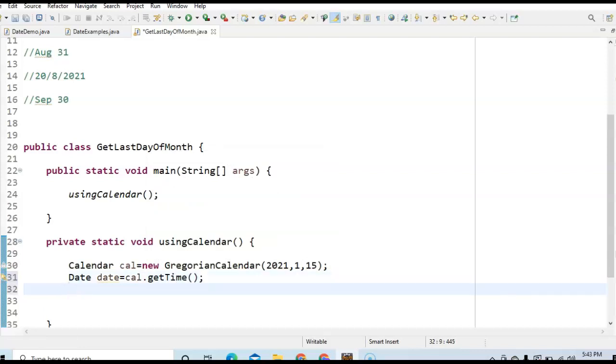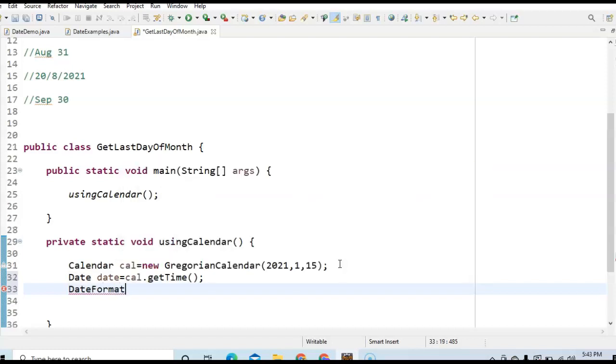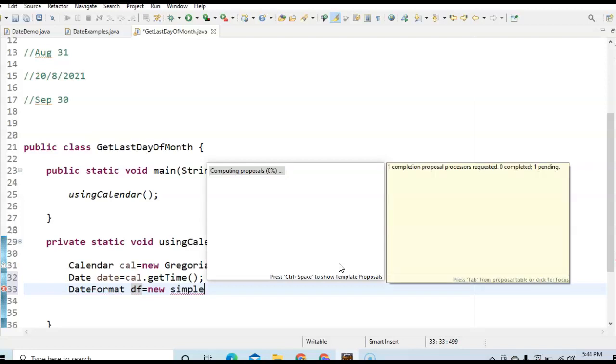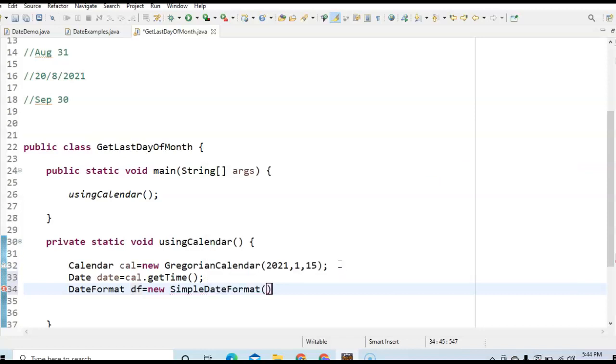Finally, we need to create an object of SimpleDateFormat. So DateFormat df equals new SimpleDateFormat, and we need to pass the format of the date.